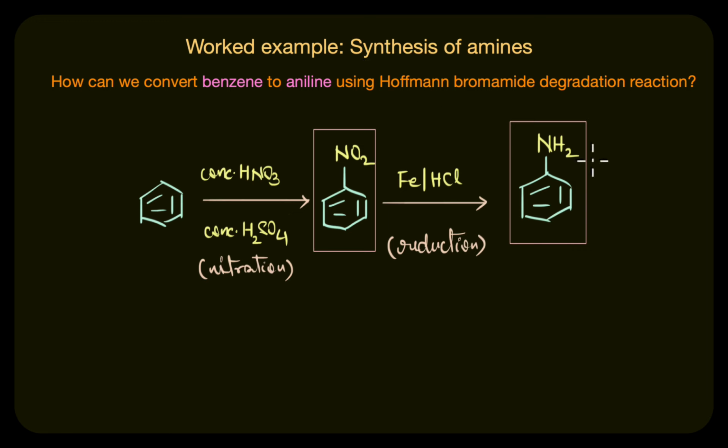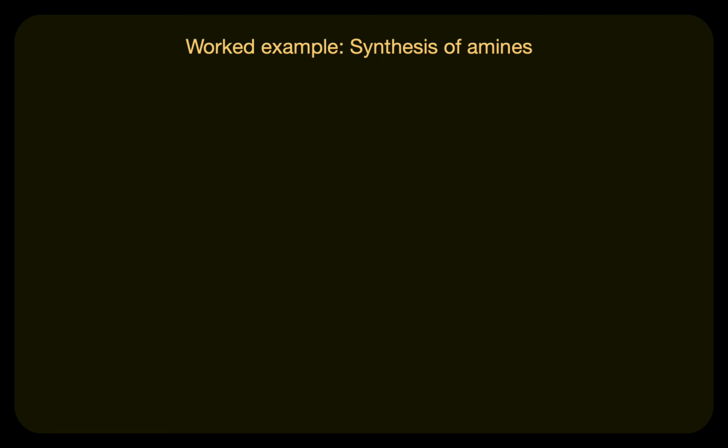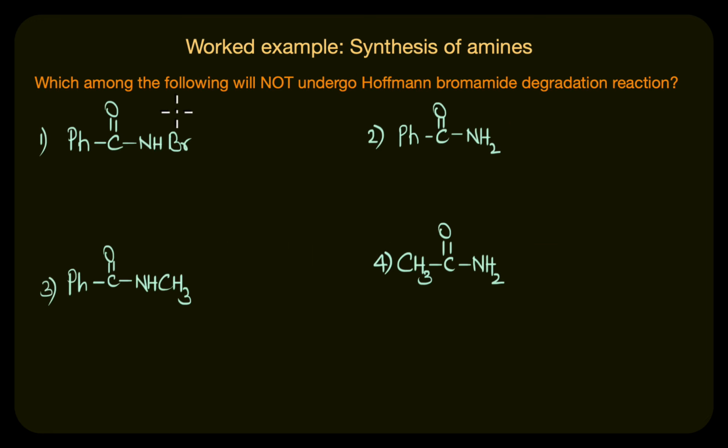So let's look at one more question before wrapping up this video. So the last question says, which among the following will not undergo Hoffmann bromamide degradation reaction? So we need to see which among them will not undergo this rearrangement and give us the corresponding primary amine. Okay, so to solve this question, let's look at each compound one by one. The first one is